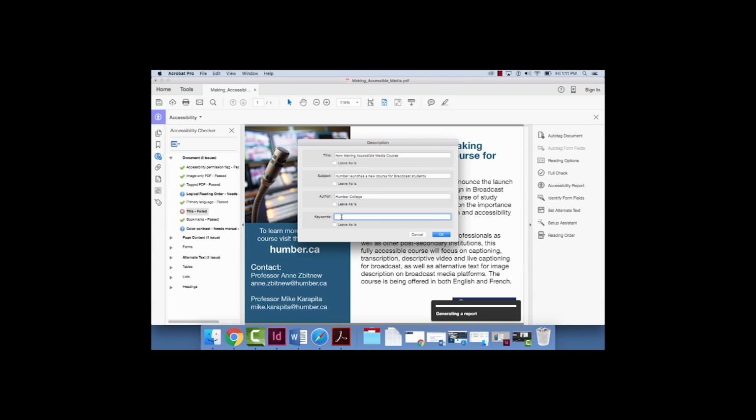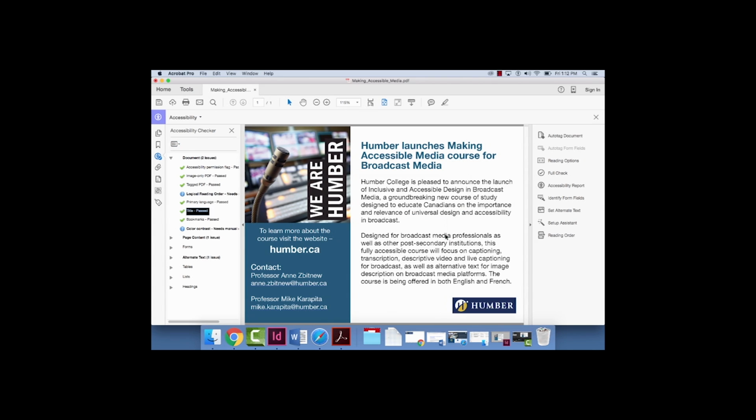And then I'll just add in a couple of keywords here that'll help it be searchable. So here we're going to put broadcast, media, and accessibility. And I'm going to hit OK, and then you'll see that my title has now passed. So all that meta description information has been added so that the screen reader can properly introduce the document to